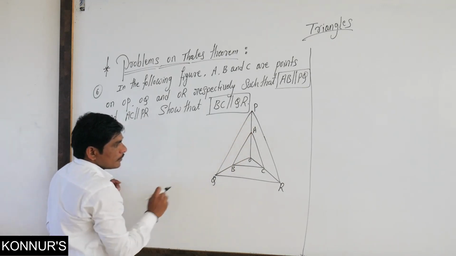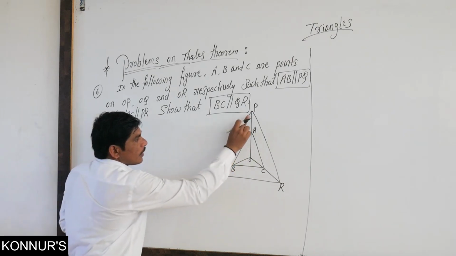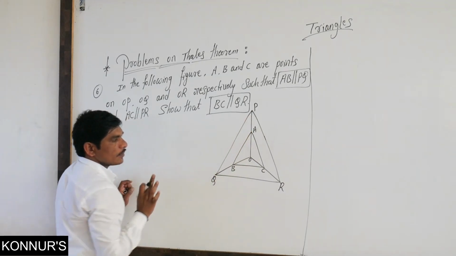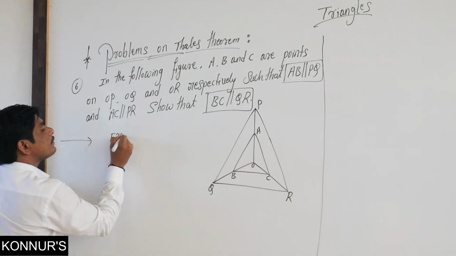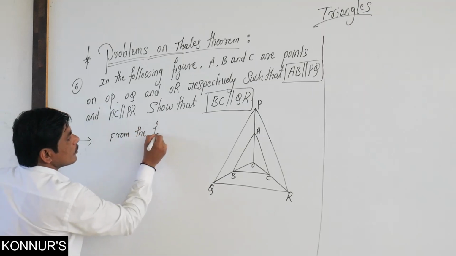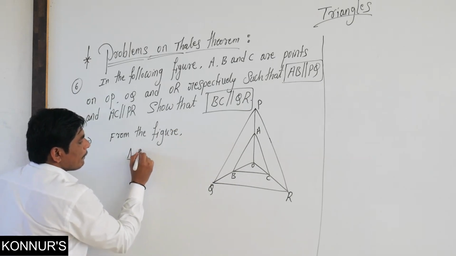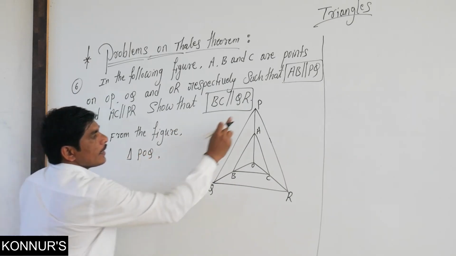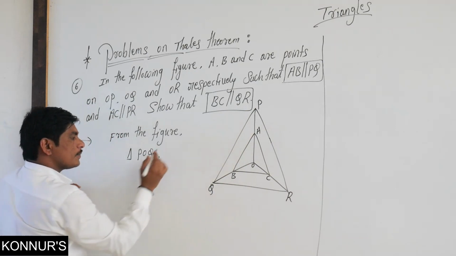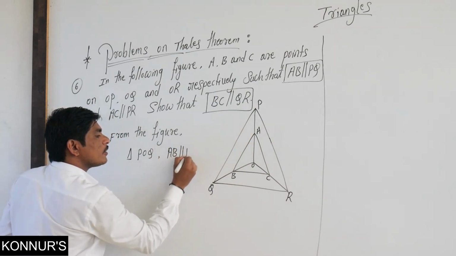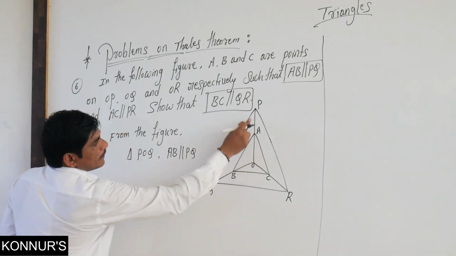AB and PQ, these two are parallel. These two parallel lines are related to triangle POQ. You take POQ here from the figure. Triangle POQ. According to the given, AB is parallel to PQ. By using Thales theorem, here